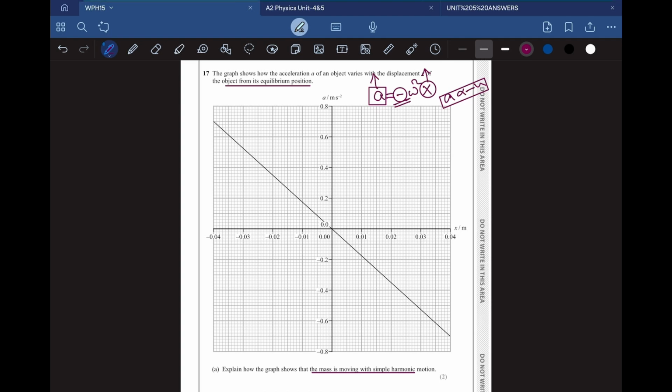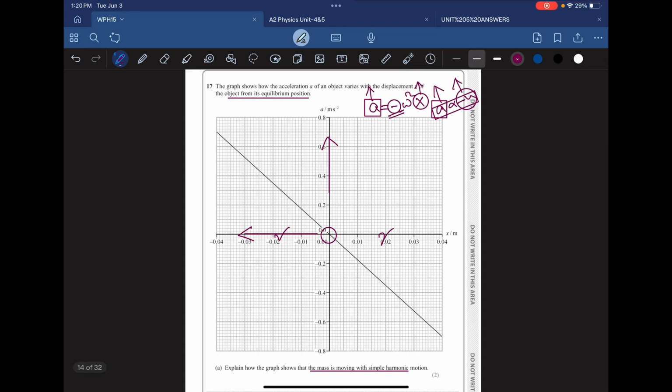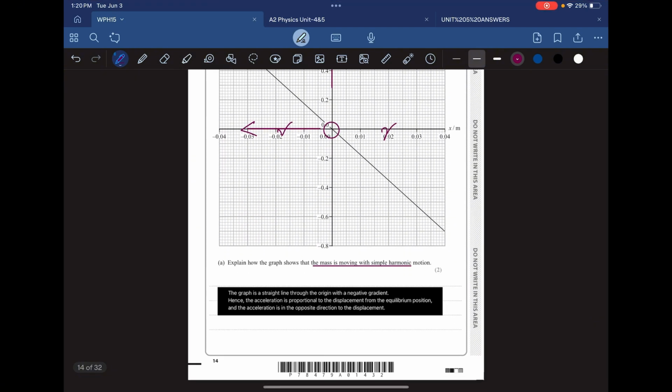So basically right here you can see, when the acceleration was increasing in the y-axis, the displacement was increasing in the negative axis. This is the positive axis, and this is the negative axis, right? So when acceleration was increasing in the positive axis, due to minus x, displacement was increasing in the negative axis, and it was going through the origin. So these are the 3 points that you will have to explain,